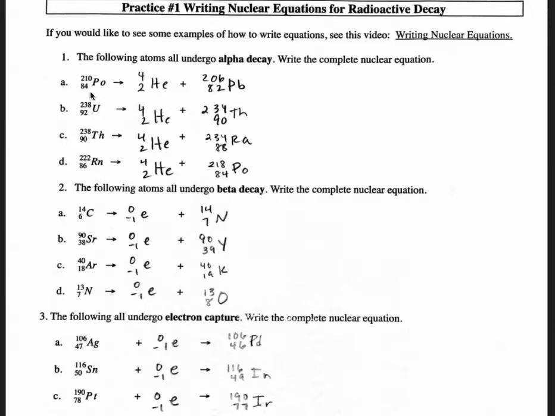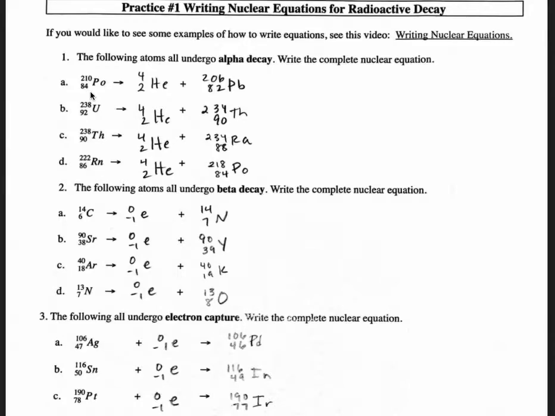So alpha decay is the release of basically a helium nucleus. It's the release of 2 protons and 2 neutrons. It breaks off from the polonium nucleus and comes flying out. And then whatever is left over after that helium nucleus breaks off is the final atom, the final new isotope